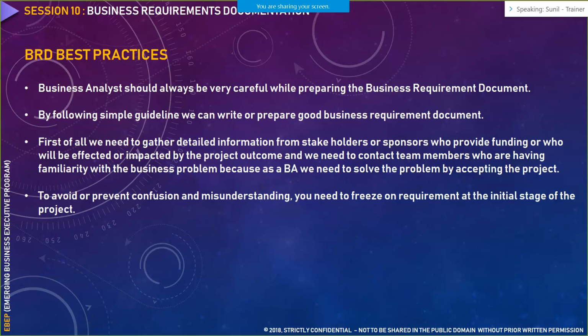Then, like I said, you have to avoid unnecessary confusion and misunderstanding during the initial phases of the project itself. Now, how do you do that? By writing clear and concise requirements, avoiding ambiguity in and around a particular requirement. Do not write any ambiguous term. Keep the scope very well defined. Do not include anything that would at a later point of time give rise to a situation wherein the scope is being creeped by a particular business customer or business user. So these are some of the best practices that you need to follow when you are writing a business requirement